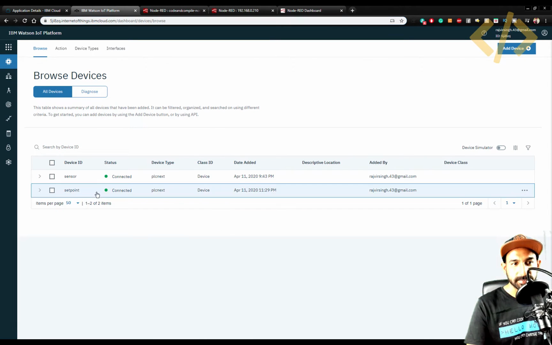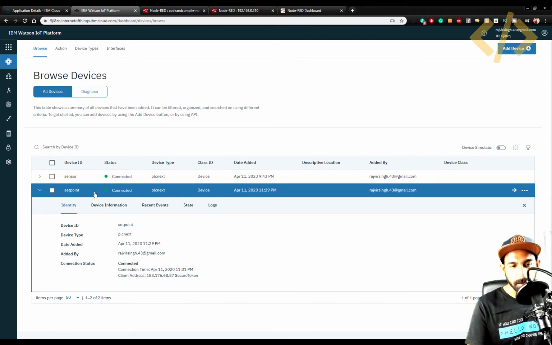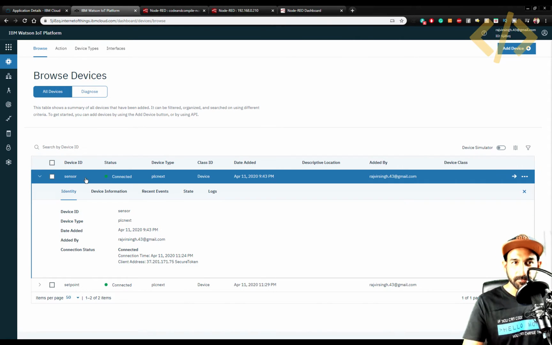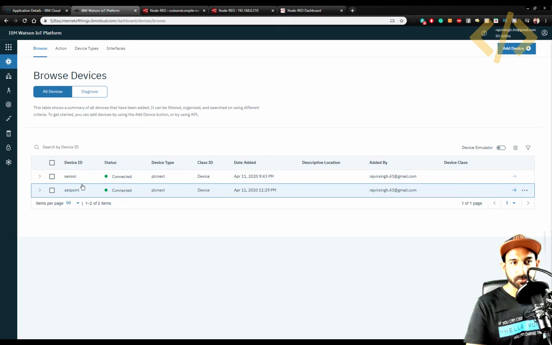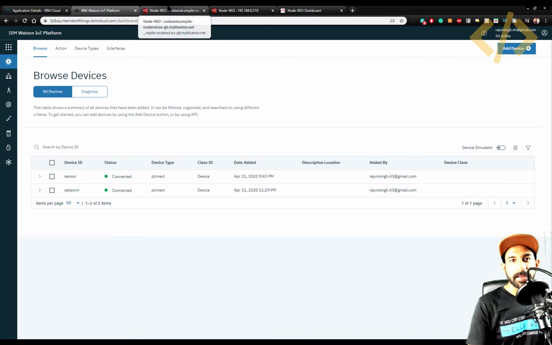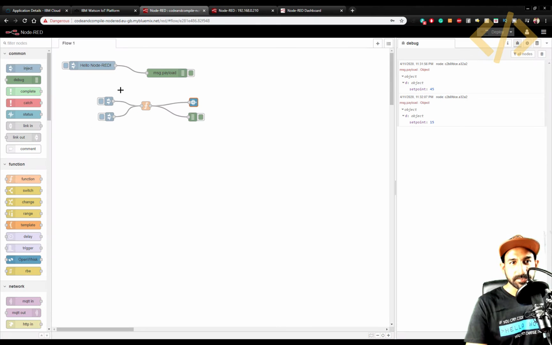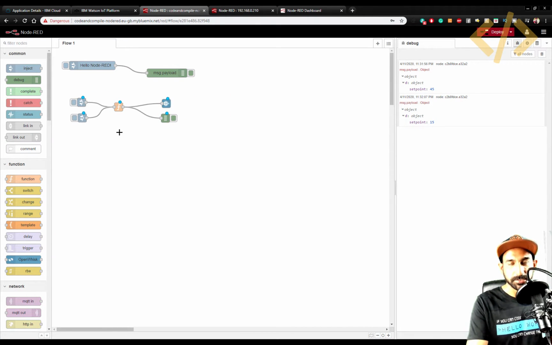Okay, so the set point is getting the values from the cloud. The sensor is getting the value from PLC Next. Now we have to club together. So the main action is happening in the PLC. Okay, so this is just the application you have to make in the cloud. So in the cloud, you're just sending the values. And I can also make a dashboard and send the values.